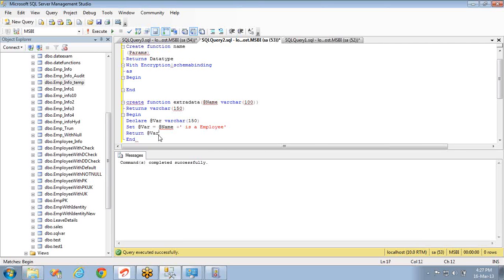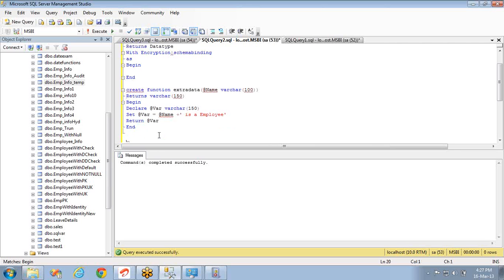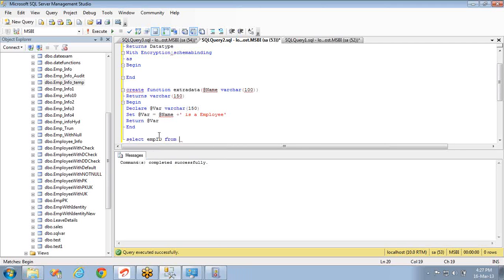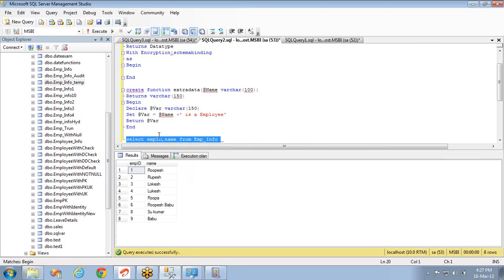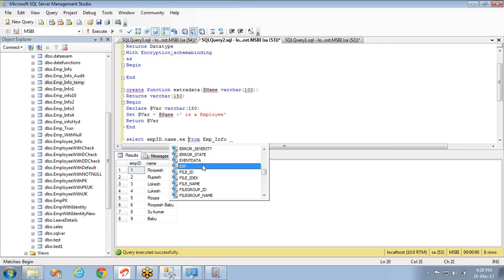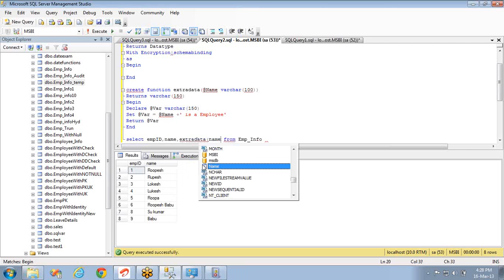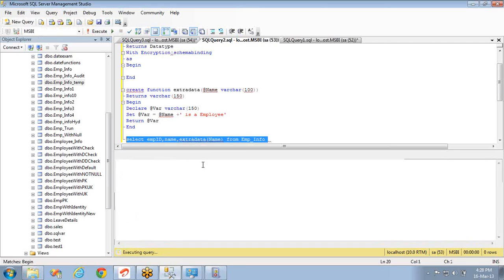Now let's see how to call this function. This function can be called from a select statement, insert statement, and so on, or delete and update, wherever you want. You can use it in a where condition. Let me show a simple example. Employee ID from employee info, and let's say this is my name. It will return me ID and name. The third one, I'm calling the function. This is the function name, and I have to pass some value, right? I'm passing a variable name. And if I execute this now,